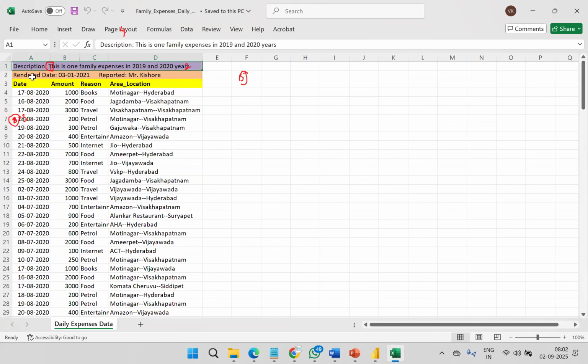See description. Progress. Rendering date and column headings, etc. available. So this is my data. I want to use it.